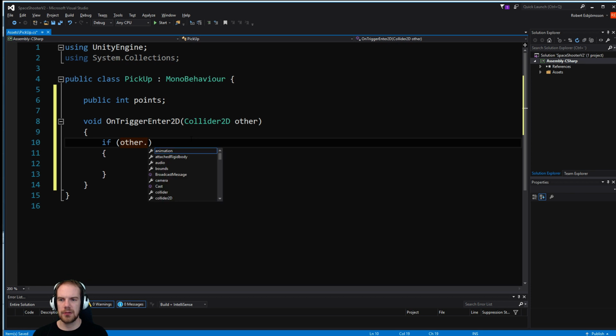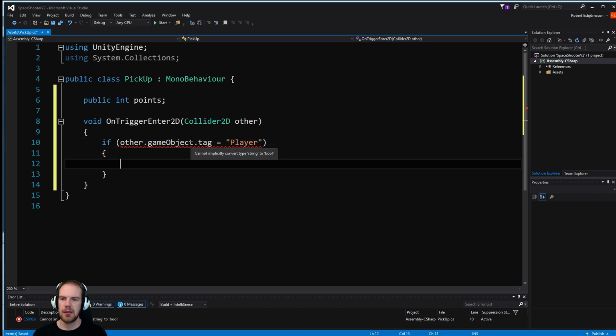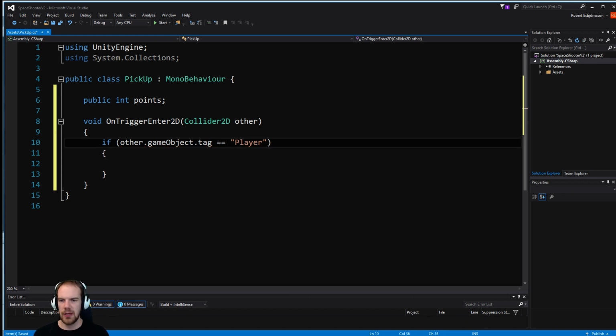If other.gameObject, so if the other game object that entered our trigger has the tag Player, that means that the object that collided with us is the player, and we can then add some score. But for now, let's just type the following: